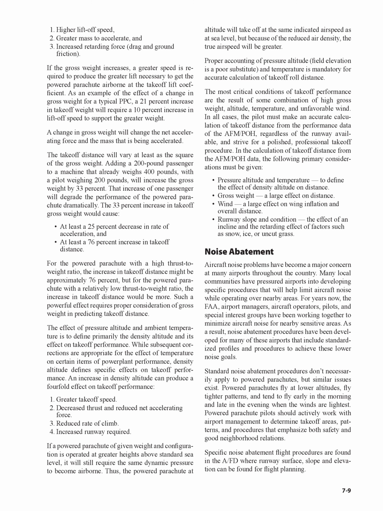4. Increased runway required. If a powered parachute of given weight and configuration is operated at greater heights above standard sea level, it will still require the same dynamic pressure to become airborne. Thus, the powered parachute at altitude will take off at the same indicated airspeed as at sea level, but because of the reduced air density, the true airspeed will be greater. Proper accounting of pressure altitude, field elevation is a poor substitute, and temperature is mandatory for accurate calculation of takeoff